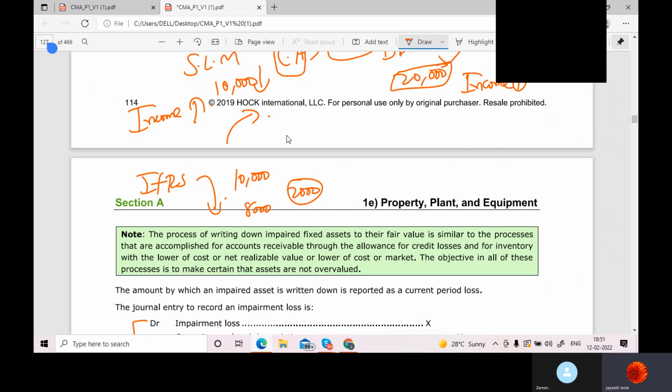Some assets like land and buildings, based on the demand for that building or land in some particular area, because of non-availability or less supply of land, we see higher demand of that land and the value goes up. So, downward revaluation,